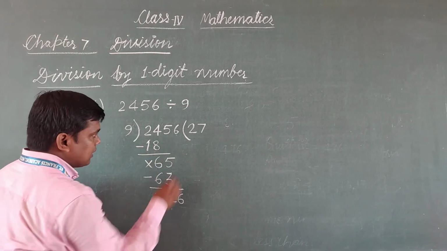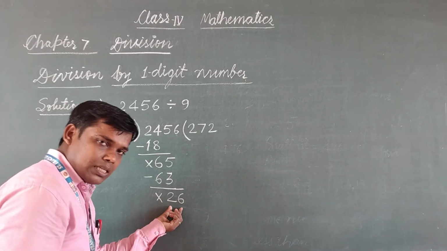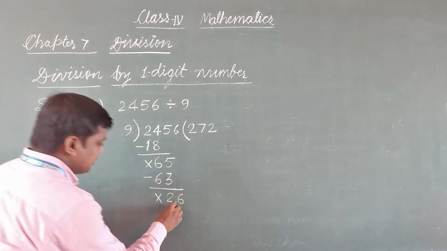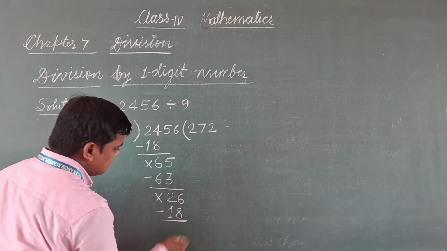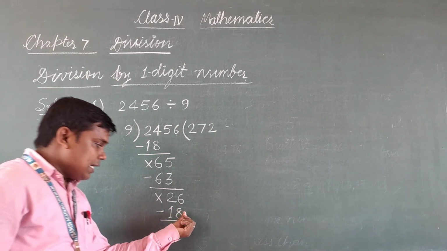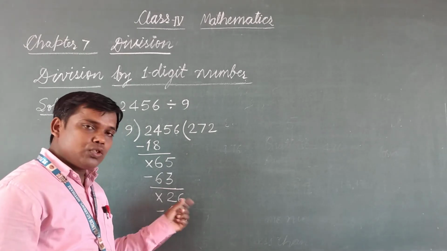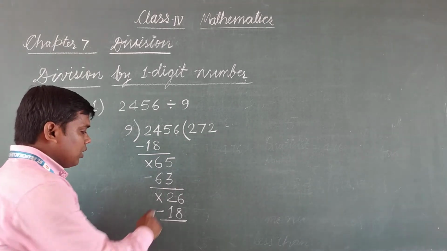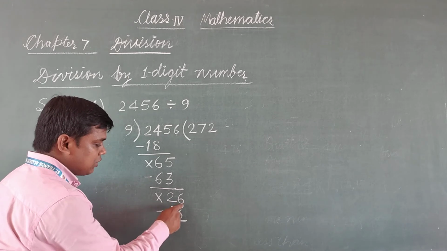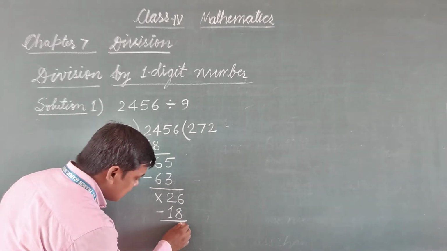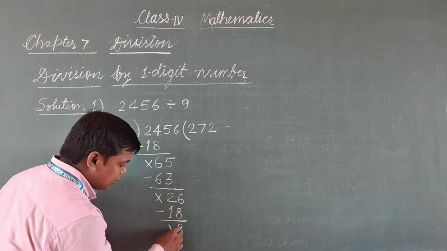Again we read table of 9, which come here 28. So 9 2s are 18, minus. Now 8 is greater than 6, so we cannot subtract 8 from 6, so we will take borrow. Now 1 borrow here means 1 10 will come, then it will come 16 ones, and 16 ones minus 8, and it will be left 1. So 1 minus 1, 0.